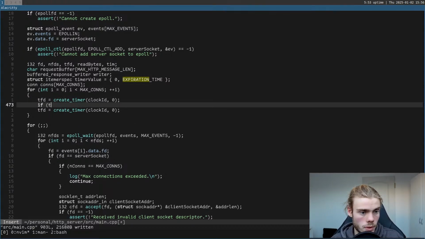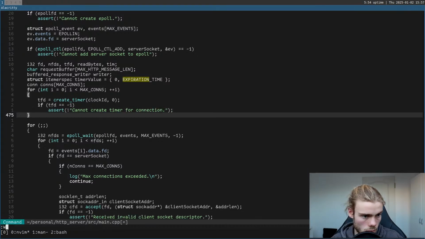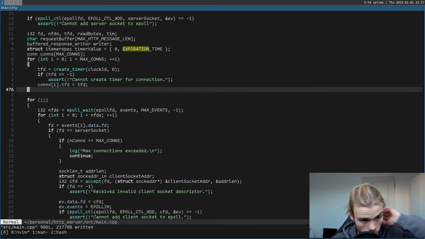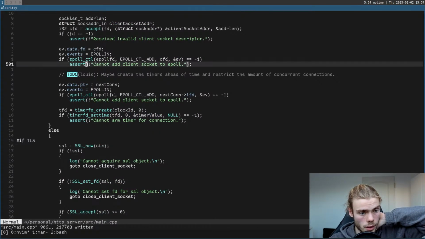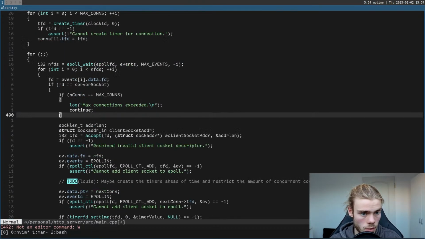If tfd is equal to -1, assert cannot create timer for connection, and cons at I dot tfd is equal to tfd. So we initialize these, and so we don't have to do this here. We can just say